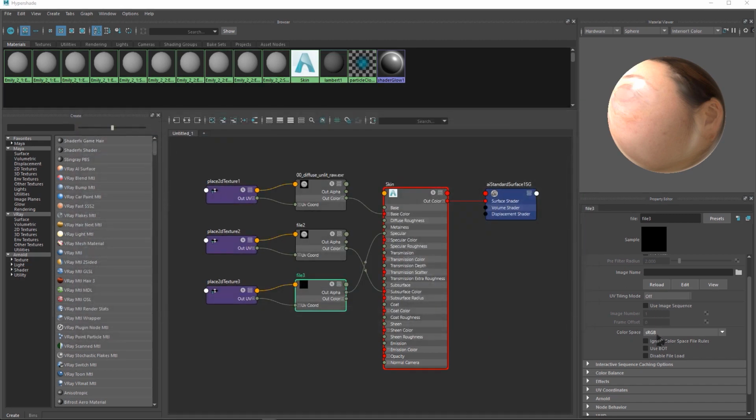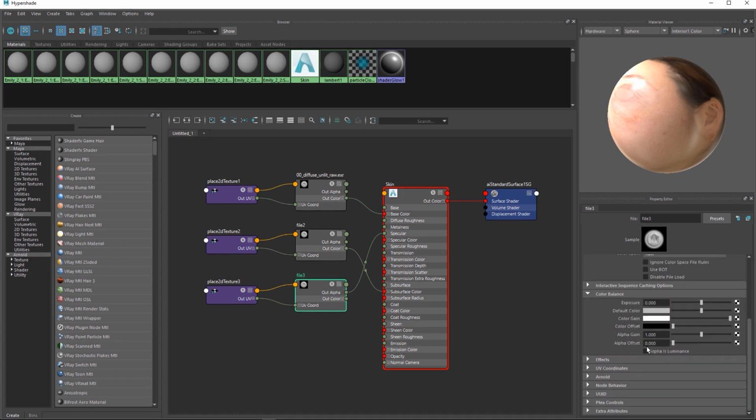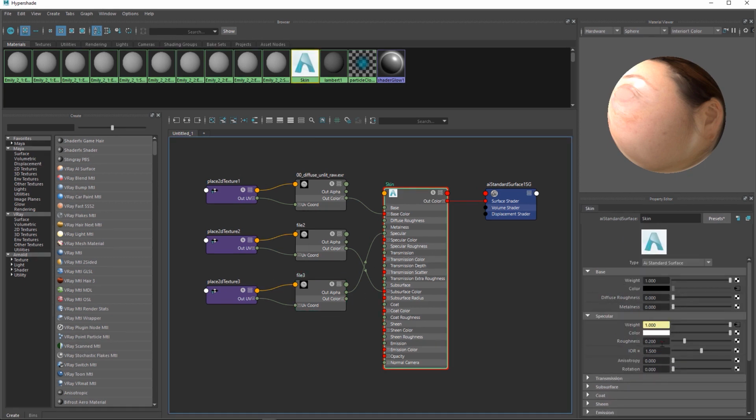Just open this one and change it to raw. Go to your color balance, and alpha is luminance. Just turn this on and you will be fine. And the roughness should be around 500, and this one 550,